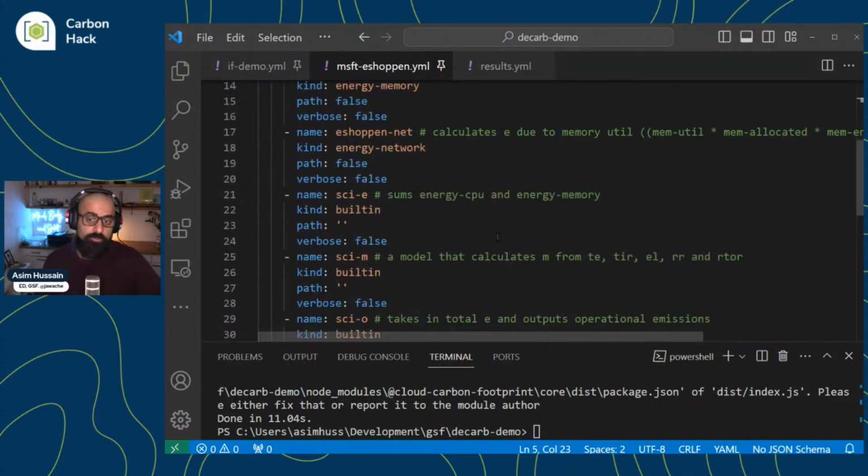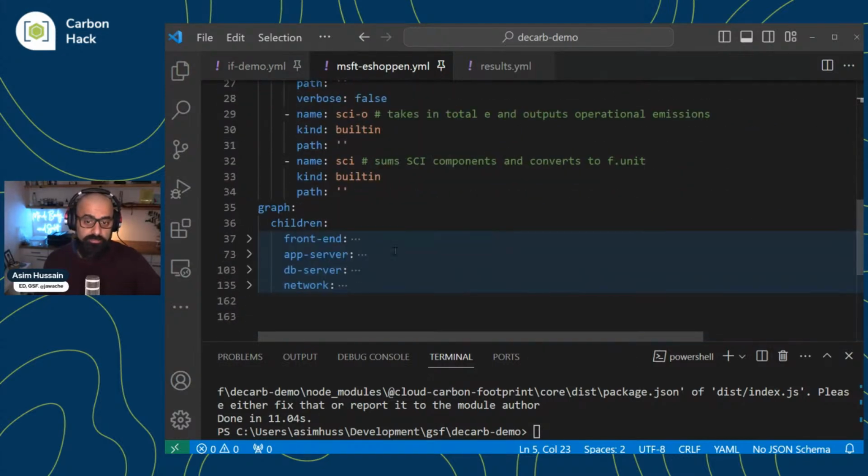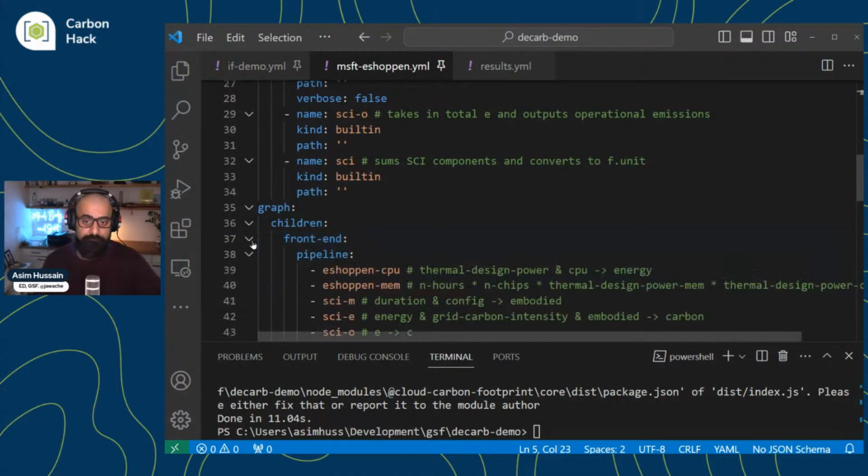These are the models that we're going to use to compute the emissions of these software components. Oh, I should say, I didn't mention it before, this is just 4 here, but Impact Framework has been built in a way so you can have hundreds, thousands of these nodes, as complex or as granular as you may want to have. That's what we're building with Impact Framework. But let's just have a look at the front end here.